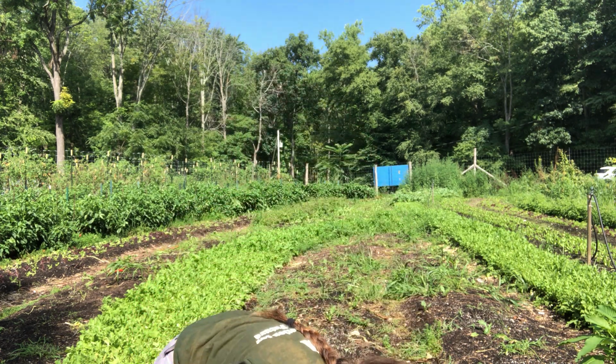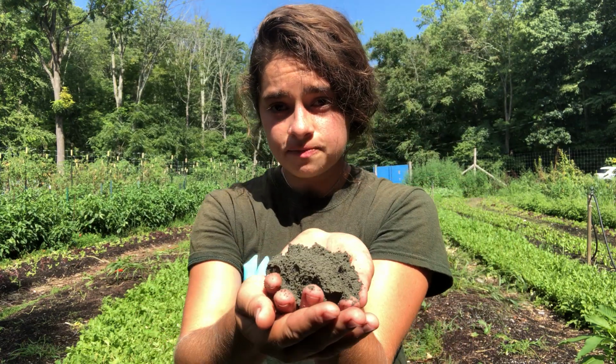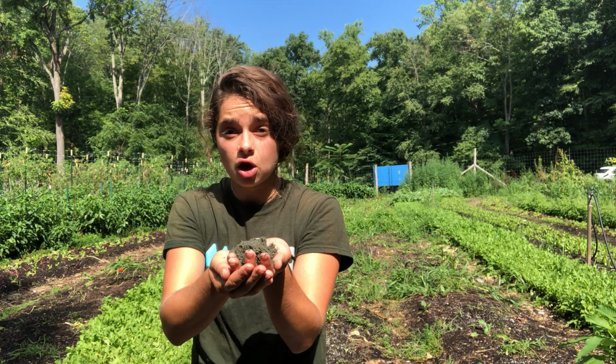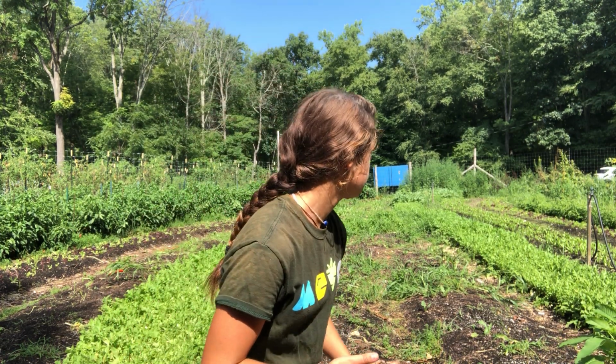We are adding basalt rock dust, and this rock dust could stay in our soil up to 2,000 years. So I don't know if we'll still be farming here, but the rock dust will still be doing its work. So we're adding basalt, and rock dust has been proven to last that long because the Incas have used it, and researchers have found it on what used to be their agricultural fields. So Incas, thousands of years ago, were even using rock dust. So we use kelp, we use rock dust,